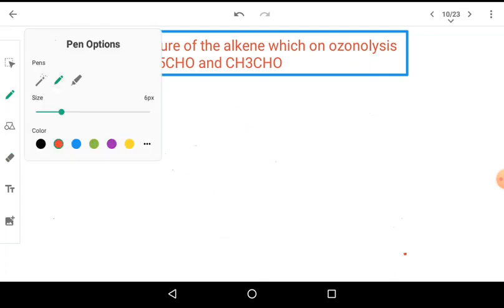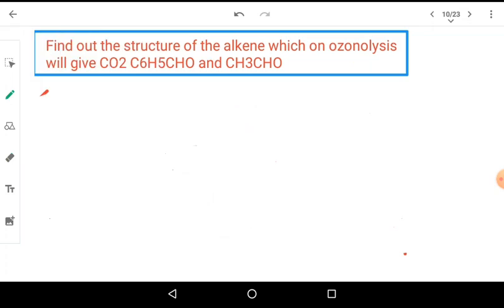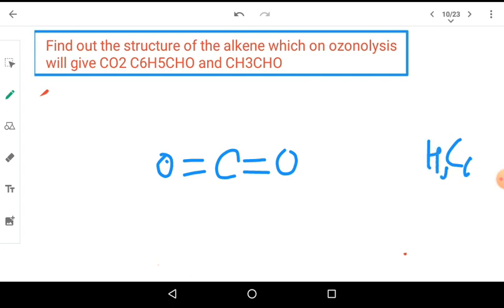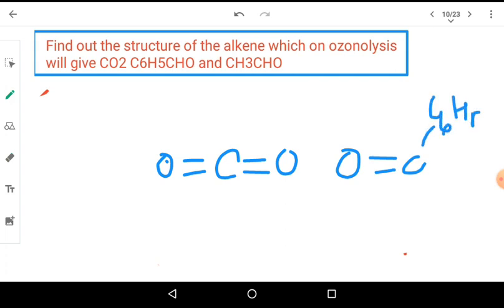Now whenever we have carbon dioxide in the question, always keep the carbon dioxide in the middle like this, and C6H5CHO. So let us keep it like this. We will put an oxygen here, and this oxygen is attached to a carbon, and on the carbon we have C6H5 and a hydrogen, and on the other side we have